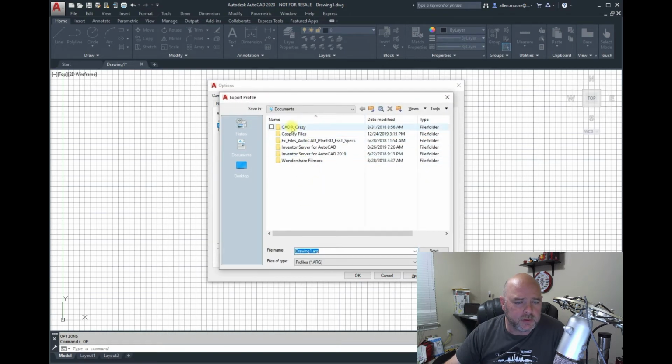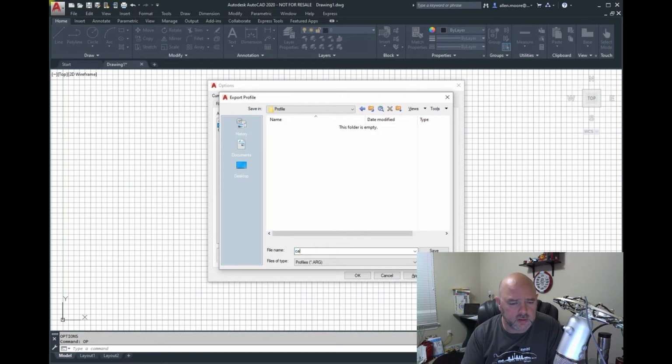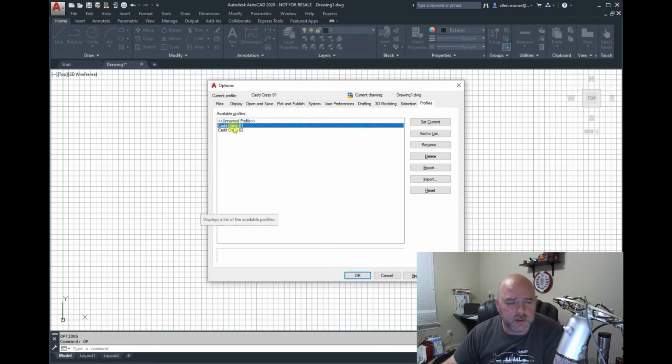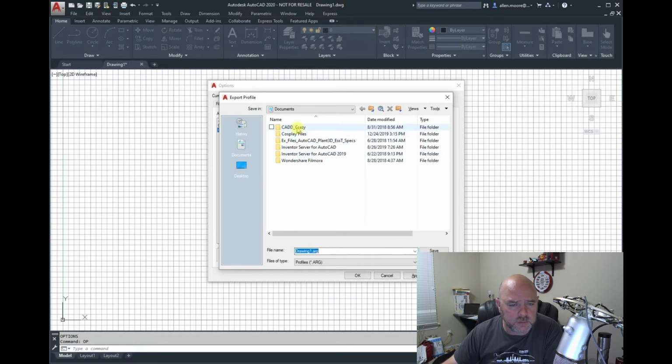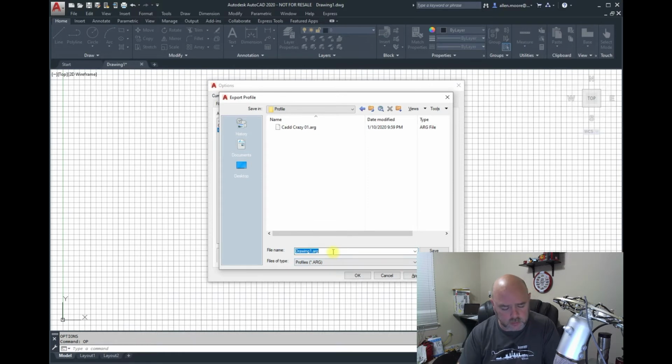And we're going to drop these off at a profile location. And we're going to call this CAD Crazy 01. And we're going to hit Save. Now we're going to do the same thing for 2. So we're going to hit Export. Same place. Templates. Profile. And we're going to call this one CAD Crazy